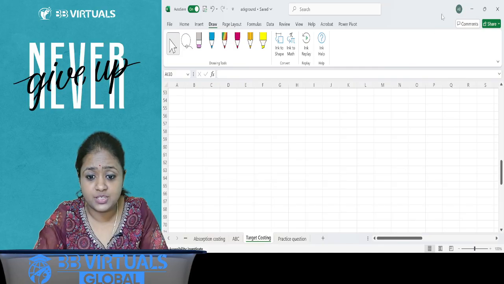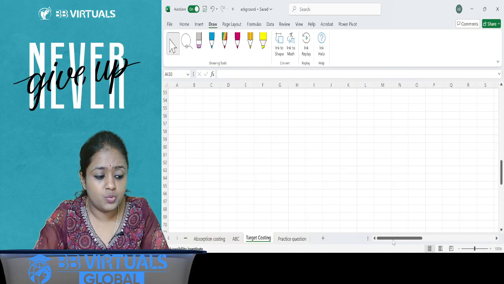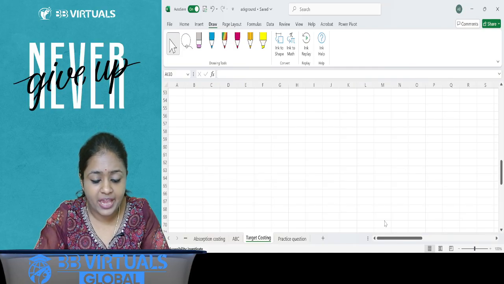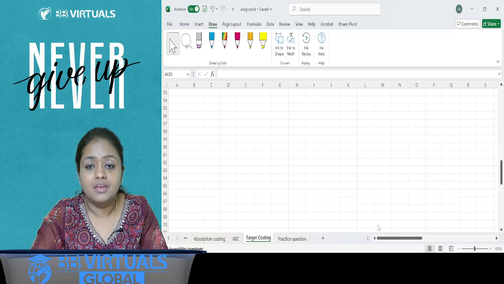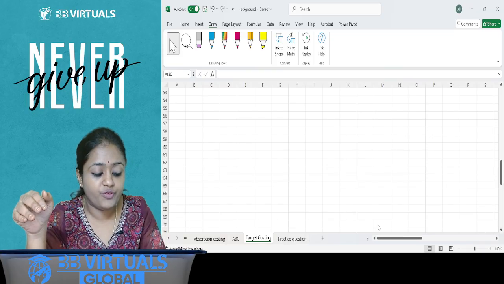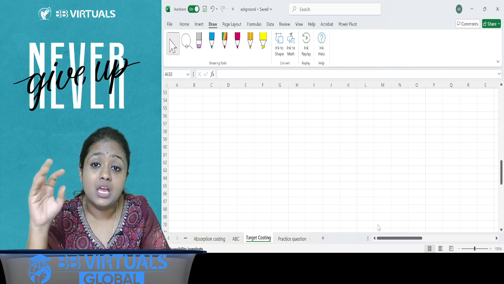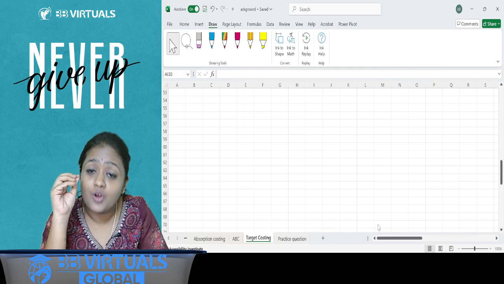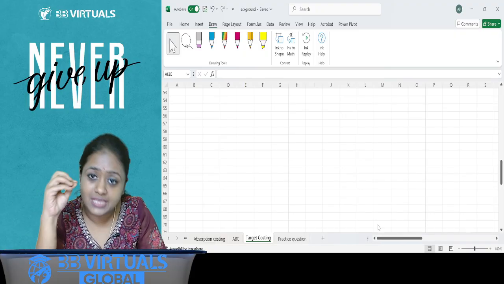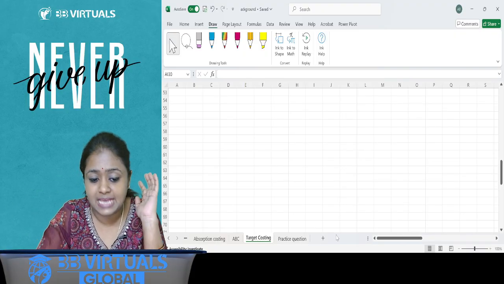I know what your answer would be. You would say that, ma'am, it is very difficult to apply if you want to remain in the market. I mean, you have to be there along with 15 other shops. Okay, and now what you want to do is apply your own cost, your own margins, and then sell the product. Let's take an example.